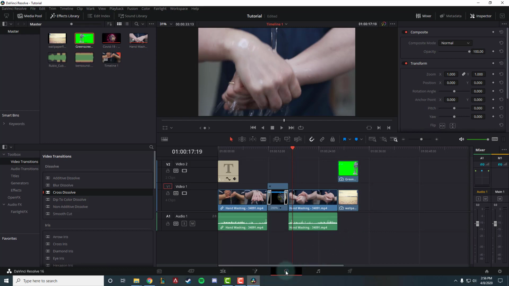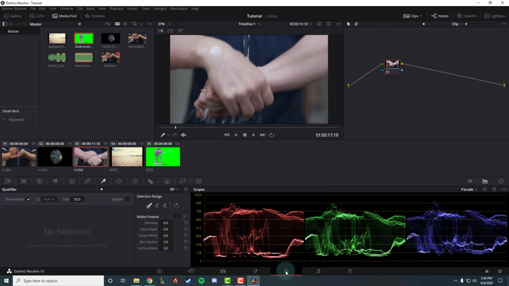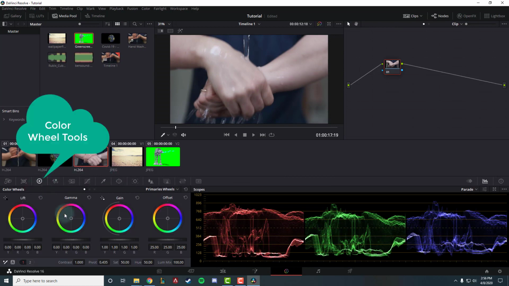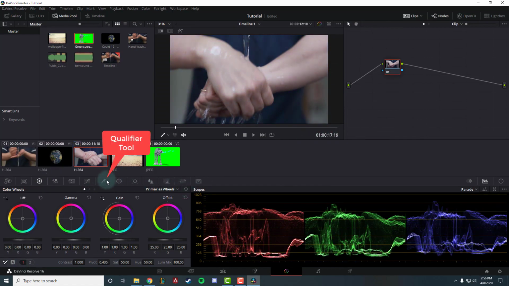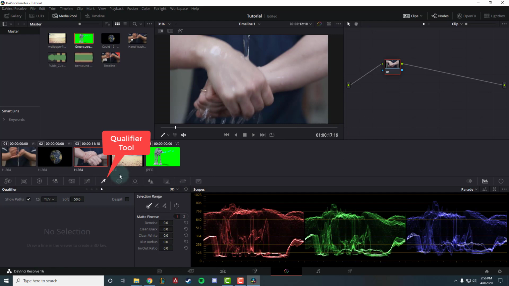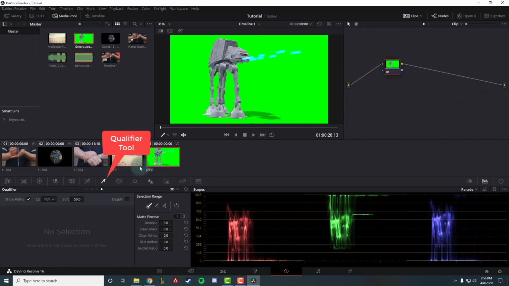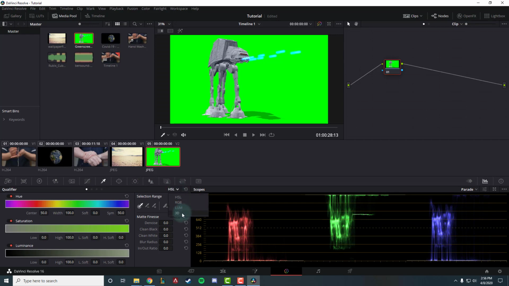Alright, head over to the color tab, which is third from the right on the bottom there. And here you have all sorts of color manipulation tools like the gamma edit, lift, gain, offset. You can also mess around with the red, green, blue values. But we're going to use the qualifier tool, so go ahead and click the eyedrop and make sure you're on